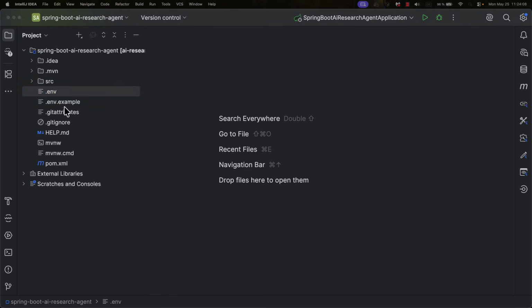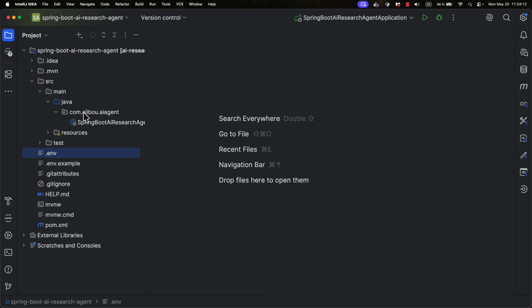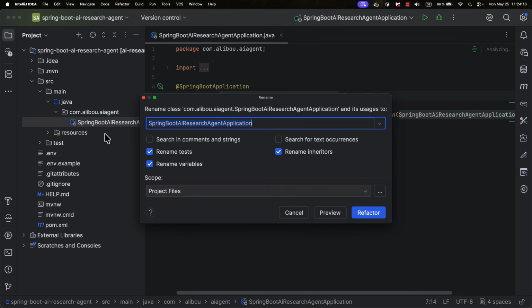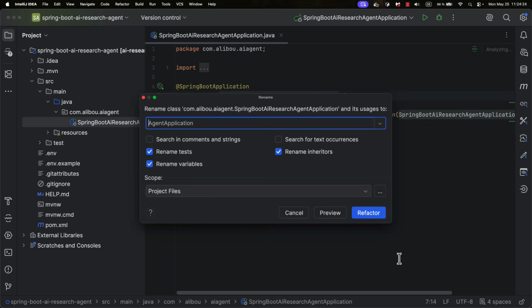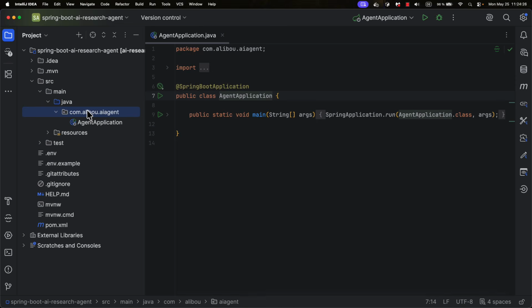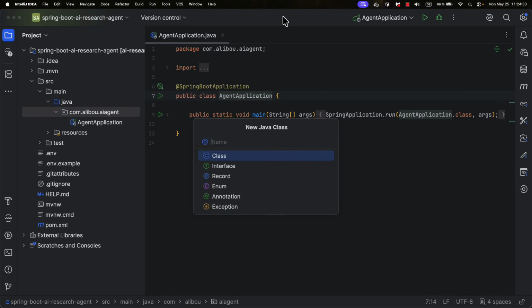All right, so let's first, as I mentioned, let's start by creating the different entities that we have. So this one, I will just rename this file and I will simply call it agent application, instead of this long name. That will also rename the test class. All right, so in here under AI agent, I will create a first class under a model package and I